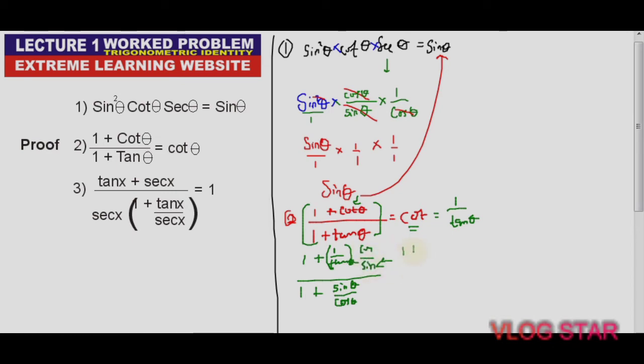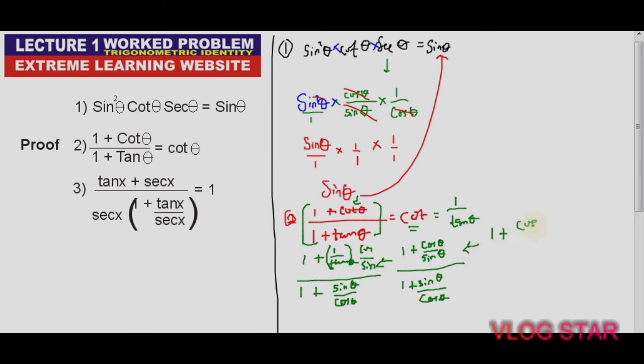Let's copy it out. This is now 1 plus cos theta all over sine theta. That's all we have for this one. Then all over, what we have down here is just 1 plus sine theta all over cos theta, and that's all. So the next thing to do is to simplify this up here again, and this is 1 plus